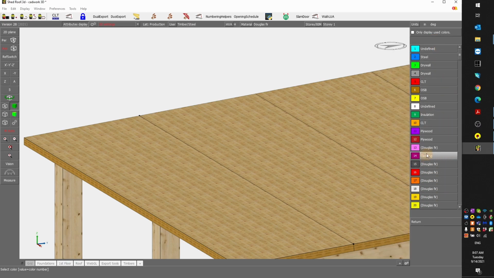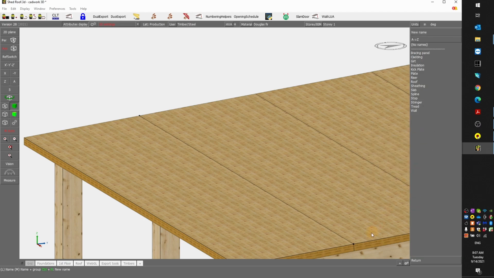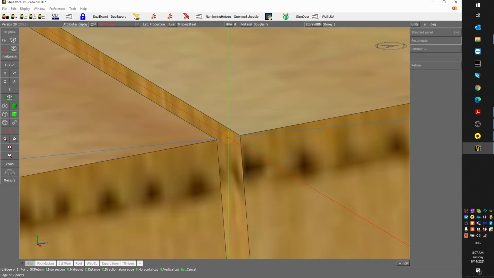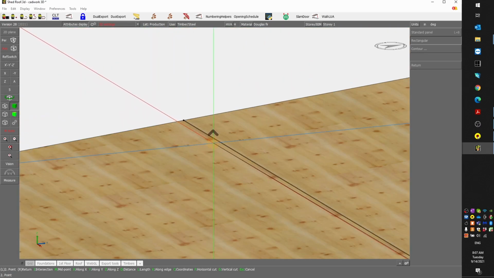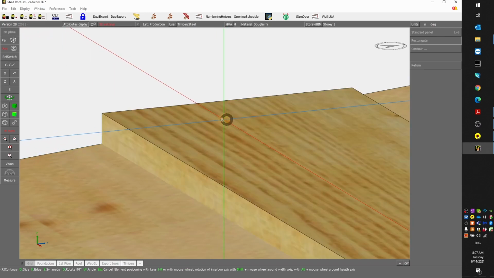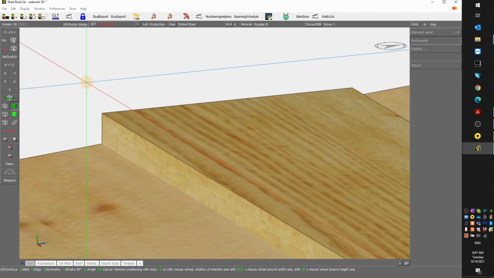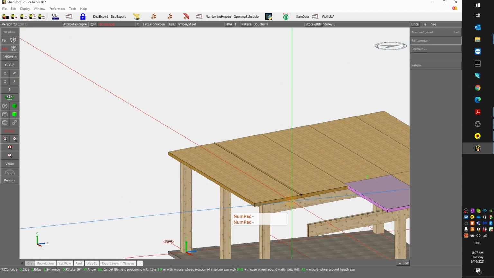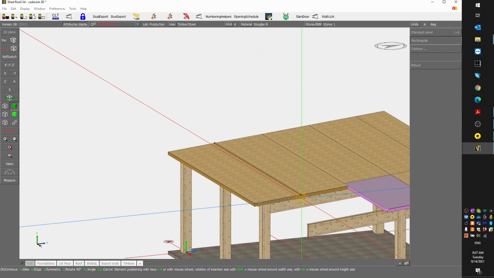So do I have plywood? Yes. So let's say color number 12, and I call it spline. It's already listed, and then I need to make sure that I am picking the right point here. There we go. So the panel is actually horizontal, and what I need to do, I need to align the spline